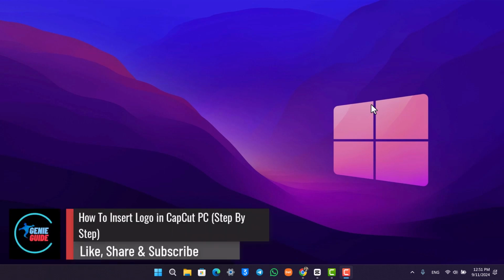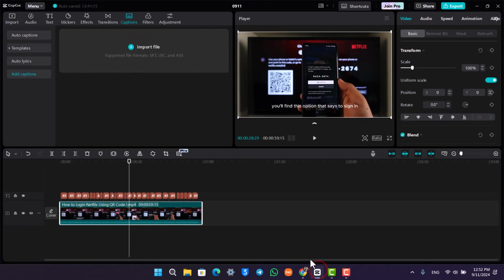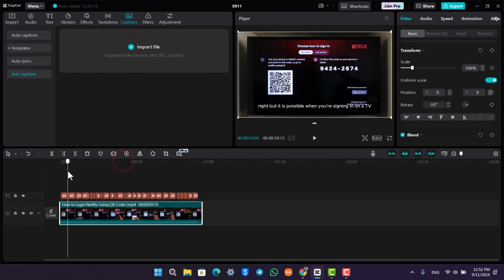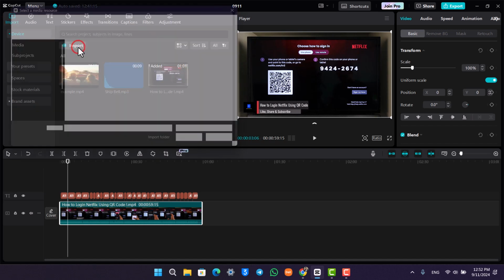How to insert logo in CapCut. So if you want to insert logo into CapCut, it's very simple to do so. Just open up the CapCut application and let's say there's a certain logo that you want to add throughout your video. Now to do so, at the very top, just go to the import option and select the import button